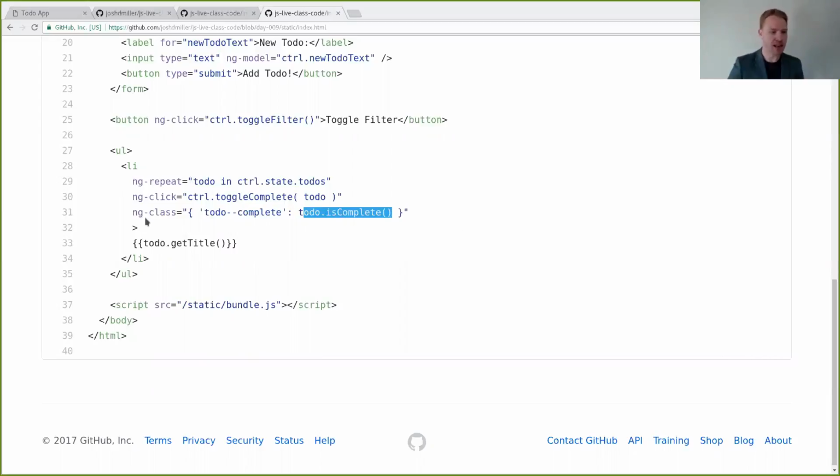Now inside the li, we want to set its text contents to the value of this expression. So what we've been using up above, control.toggleComplete to-do, control.toggleFilter, and control.state.todos, these are expressions. And we can arbitrarily evaluate an expression and print its contents out inside the HTML simply by doing double curly braces. And that's a pretty common convention in templating languages. It's also what you'll use in Vue if you end up using Vue. So we're saying that in the place of these double curly braces, I want to print out whatever the title of the to-do is, which we get by calling to-do.getTitle, right?